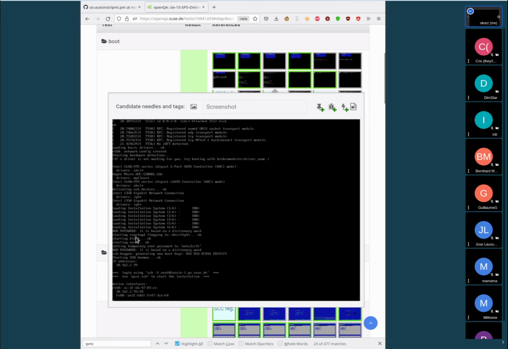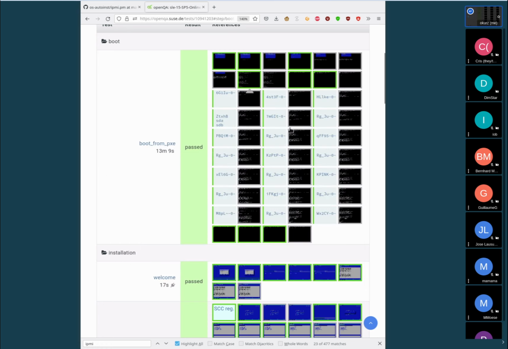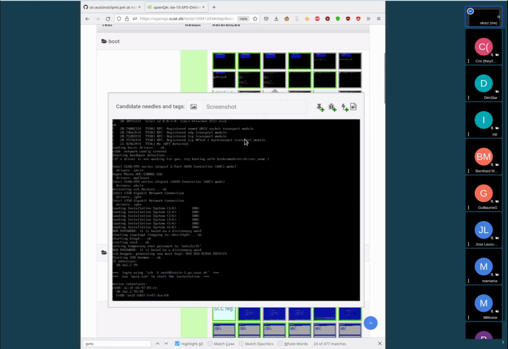So the installer was started, and the installer is telling us that it is reachable over SSH because of the parameters that were selected before. I think we can see SSH equal 1 and the SSH password. So this is why the YaST installer is telling us you can log in and then run yast.ssh to start the installation, and the network interface for additional. Well, we assume we know how we can reach the system. So this is why in this